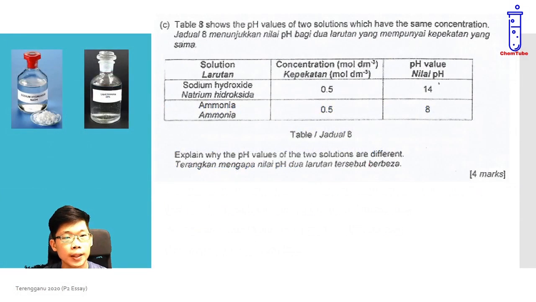Okay, C. The table shows the pH value of 2 solutions which have the same concentration. Here, I provide you some pictures: sodium hydroxide, and then this is ammonia. Same concentration but different pH value. So explain why the pH values of the 2 solutions are different. So 4 marks. So the suggested answer: